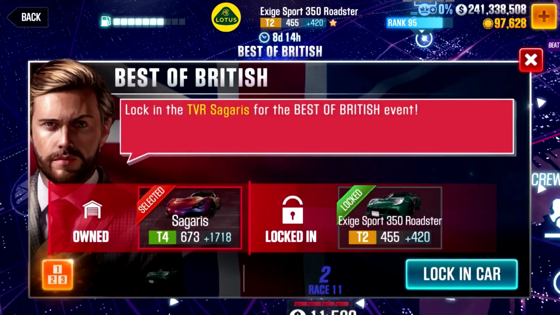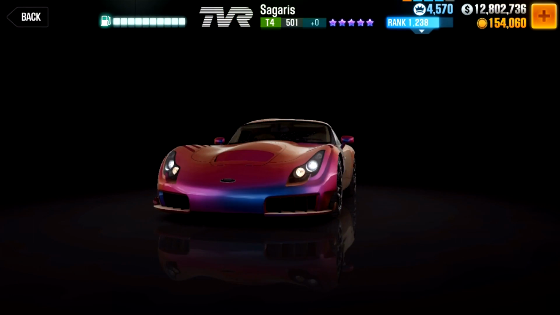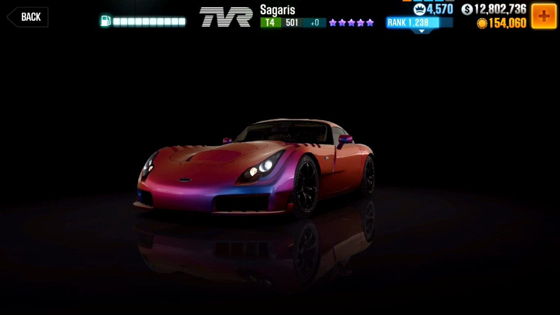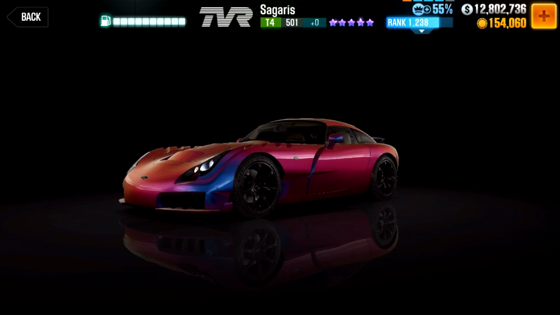The second lock-in then is for the paid car, and that is the one for which the event is basically built for, the TVR Sagaris, or is it Sagaris? I don't know the pronunciation. But anyways, the TVR Sagaris is actually a car I never even knew the existence of, because TVR is kind